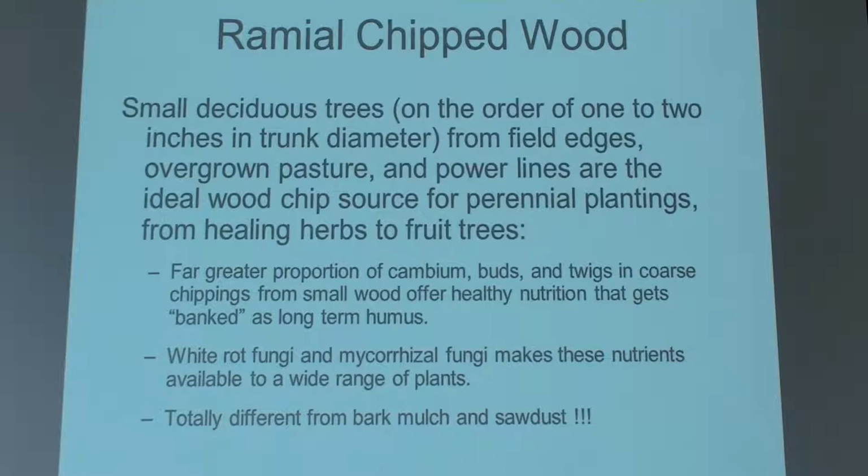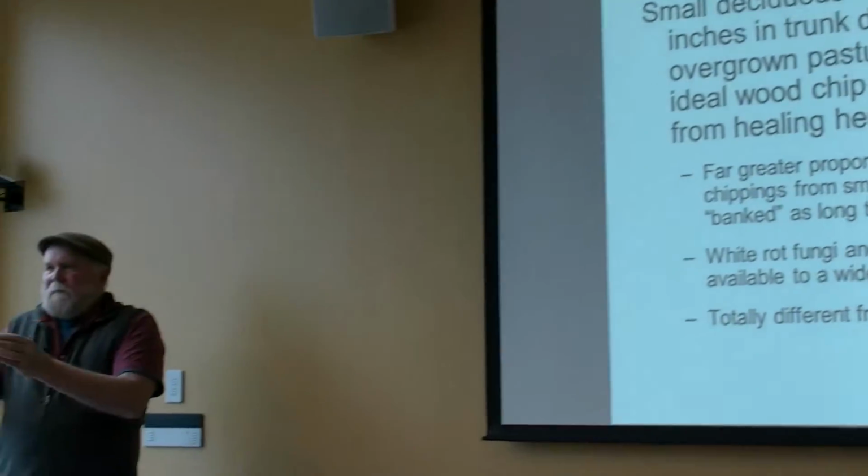And what they discovered was really two important tenets. One was that the smaller portion of the tree, now I'm talking about the buds and the twigs, all the minerals are stored in those green inner bark cells, what's known as the cambium. And when you talk about the top portion of the tree, 2.5 inches in diameter or less, 75% of the minerals are stored in that portion, and only 25% in the trunk. This again is in the cambium cells, not the whole of the organic matter, but the cambium cells themselves. So that's where you get the most nutrition to offer into the orchard.